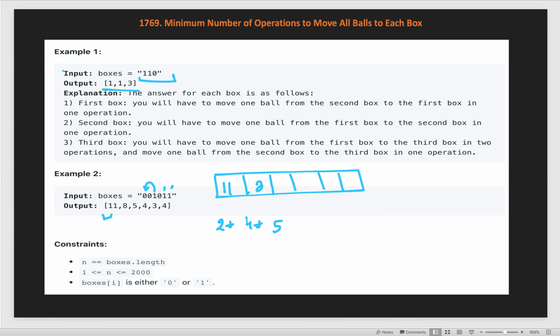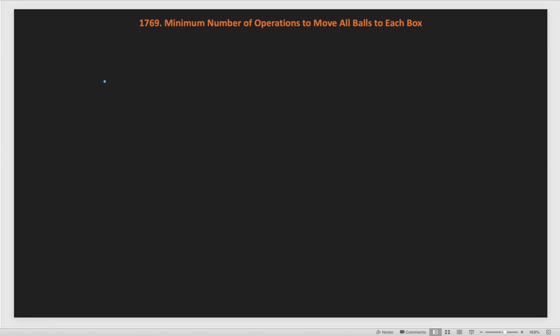If you see, the constraint of this problem is n up to 2000. So you can try a brute force or naive solution with an n squared approach. How will we solve it? Initially we will run a for loop for each i from 0 to n.